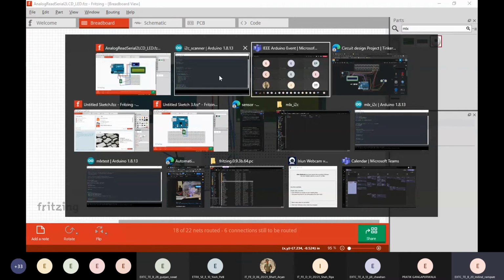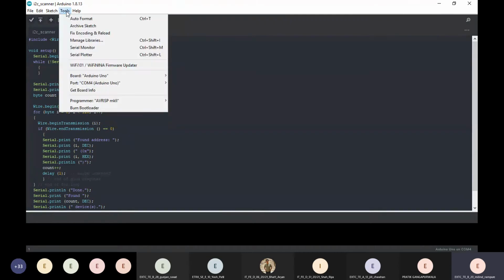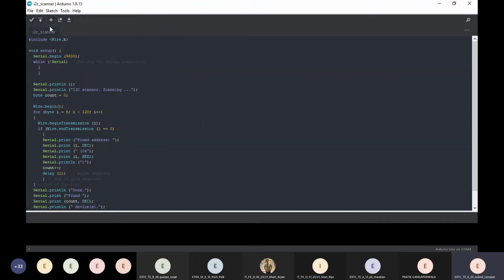So I've connected my Arduino and the connections accordingly. I will connect the wire, one second. So here's the code for the I2C scanner. This is an example code to get the address of the connected sensor, so I'll directly upload.